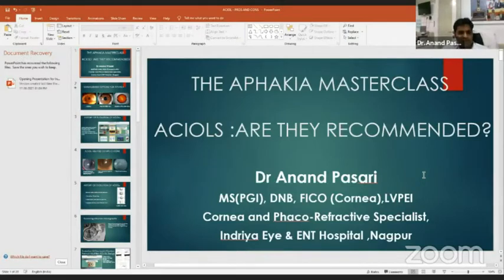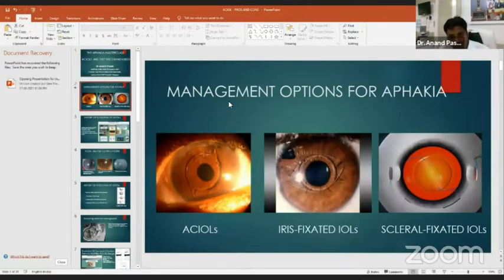So, after Dr. Divakan's talk about sutured SFIOLs, I'll be talking about ACIOLs. The topic is: are they really recommended in the presence of retrofixated iris sutured IOLs or the modern SFIOLs, and even with the evolution of new techniques like the Yamane technique, which has become pretty popular now? The management of IKEA has options of AC IOLs, iris fixated IOLs, scleral fixated IOLs,